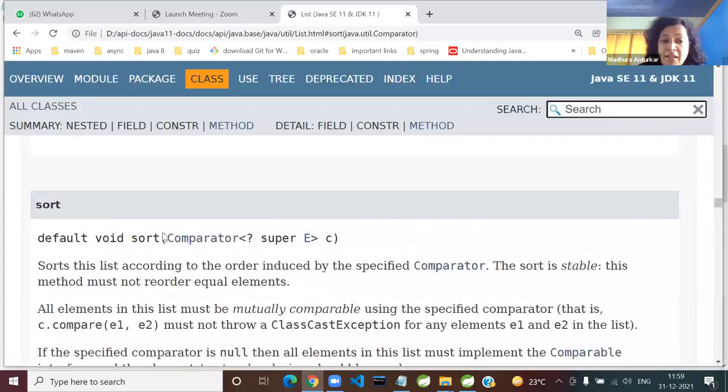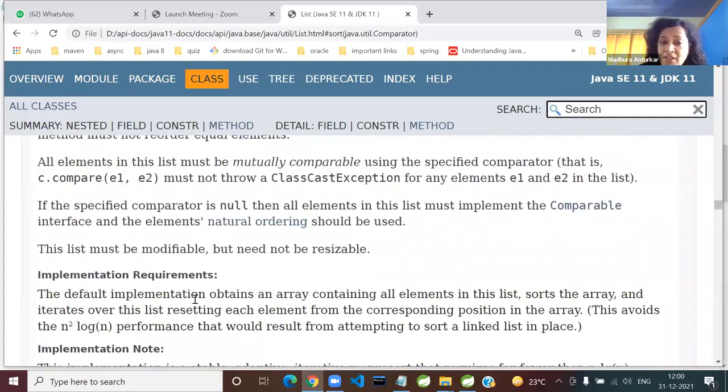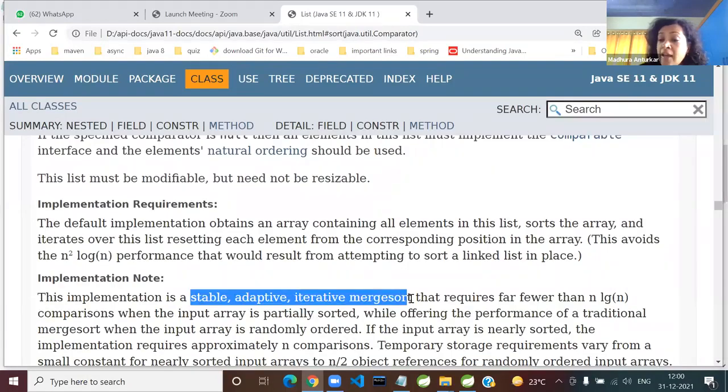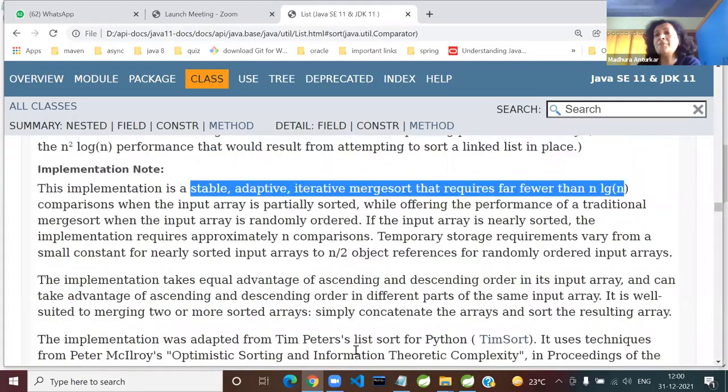Here there is an implementation note. It says this implementation is a stable, adaptive, iterative merge sort that requires fewer than n log n comparisons. So it is not just a merge sort with the time complexity of n log n, but even lesser than that, provided the list is partially ordered.